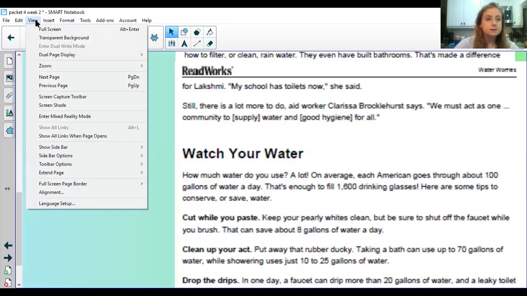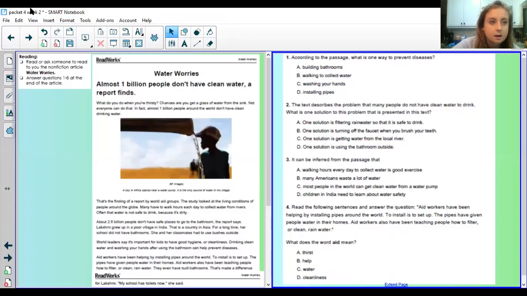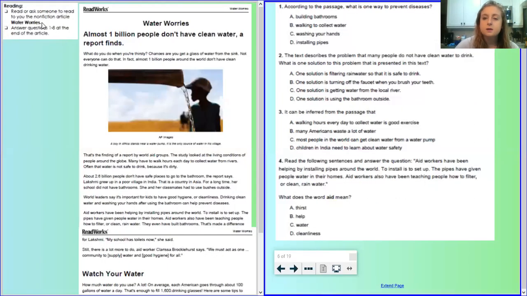So what we're going to do is I'm going to make this dual display. What that means is you can see both screens at the same time. And we're going to answer the questions that come with this article. All right. So the first question